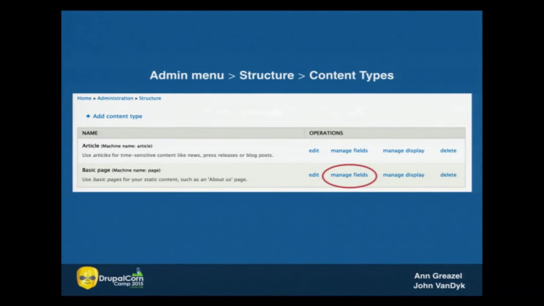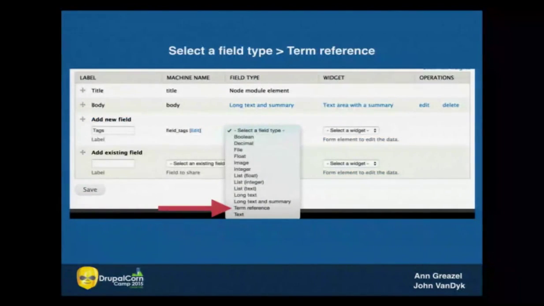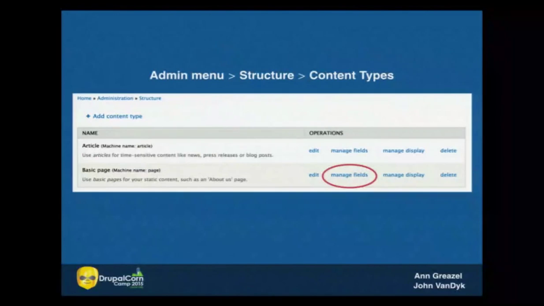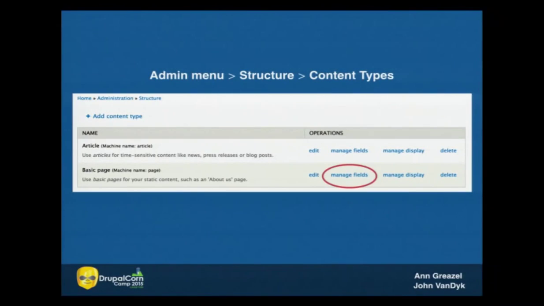Okay? Now, one of the questions you might want to ask is why? Why would you want to do this? Why wouldn't you just want to create another field in your content type instead of doing what we're doing with taking a taxonomy? That's because what taxonomy is built for is to have a set of terms in a vocabulary and then have that set apply across different content types.